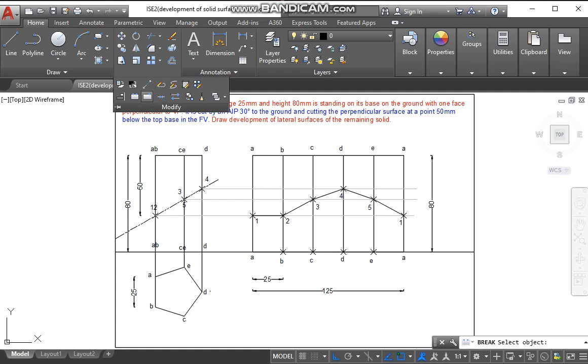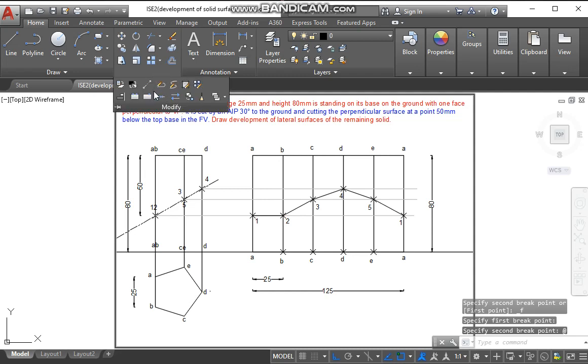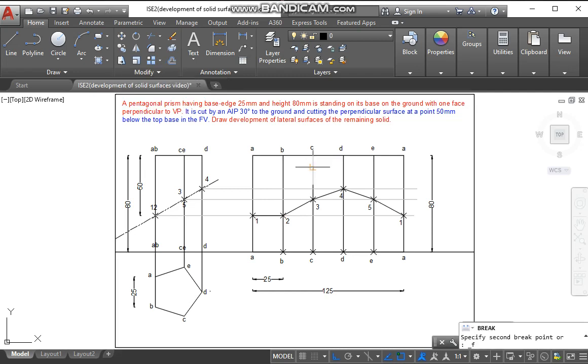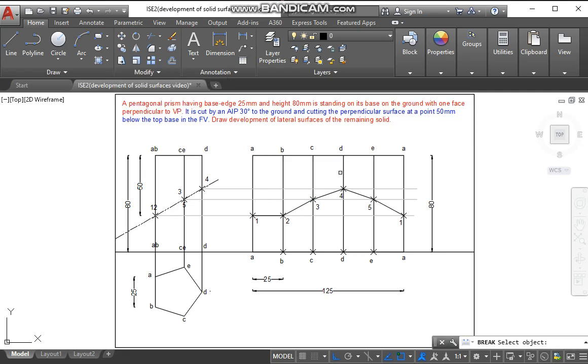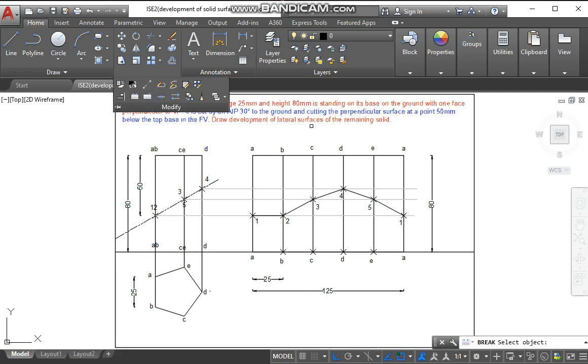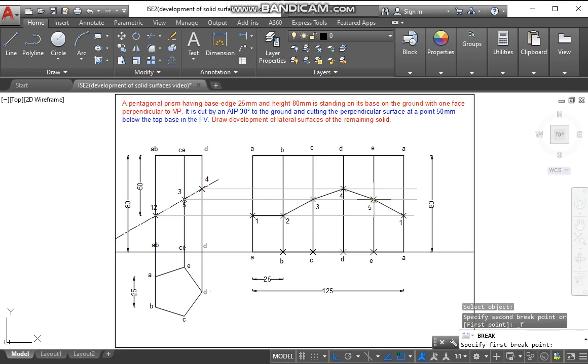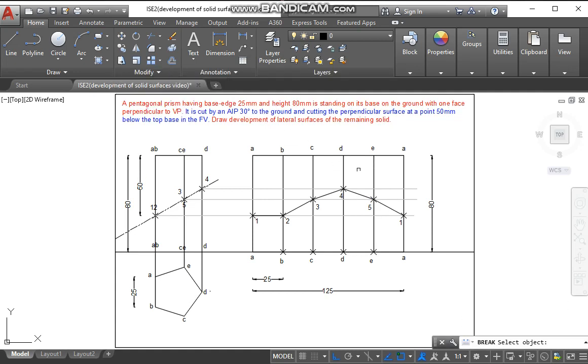So we have to do this for each and every line. So now we have broken all the lines at the points.